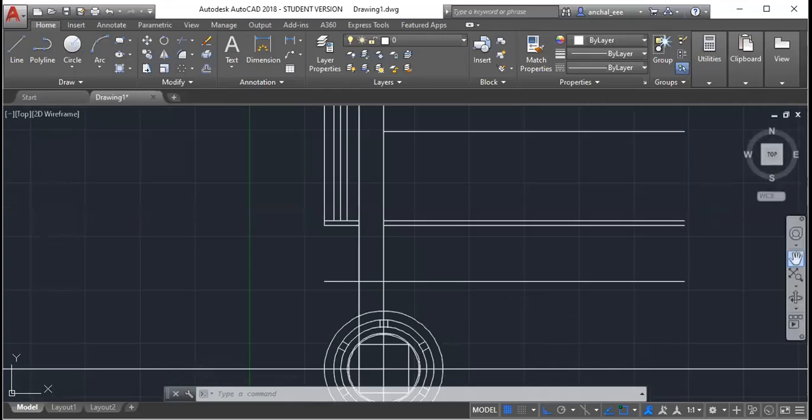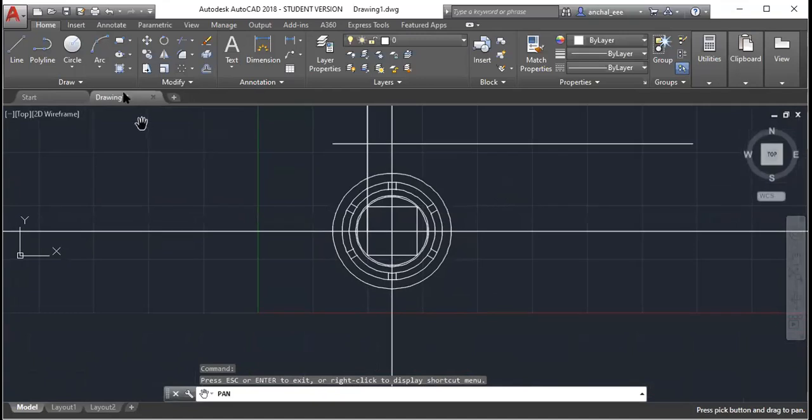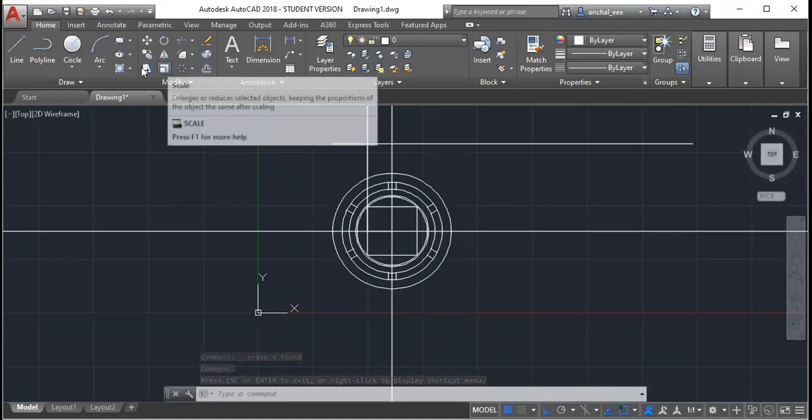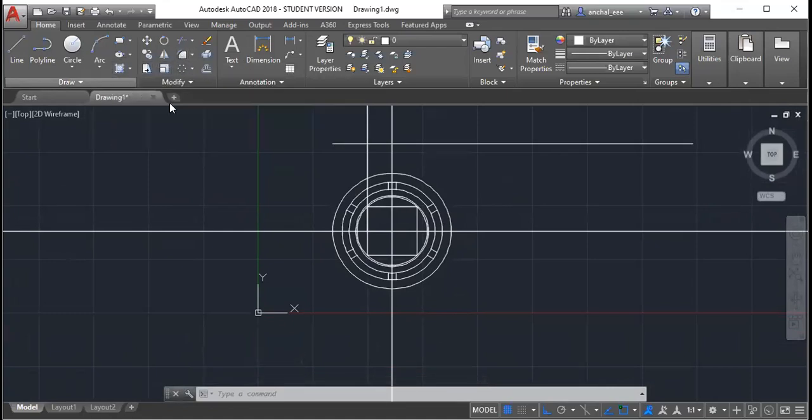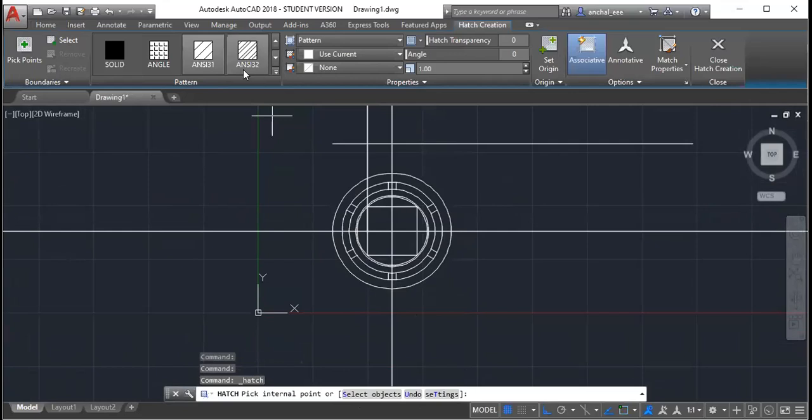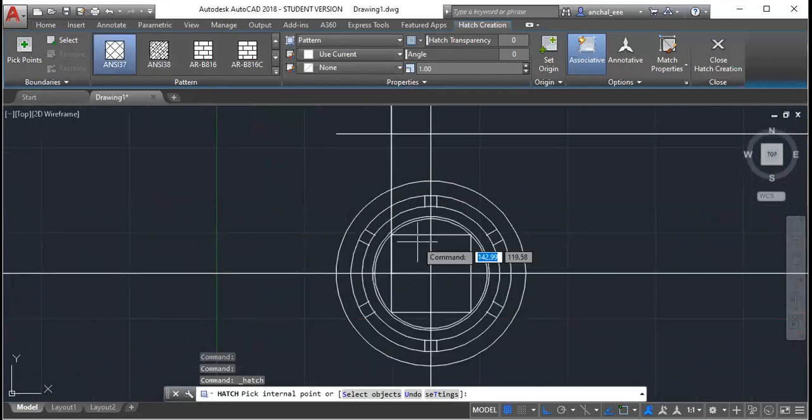So we will start with the core. Here is the hatch. Now select the hatch. You can use any hatch in LV and HV winding.